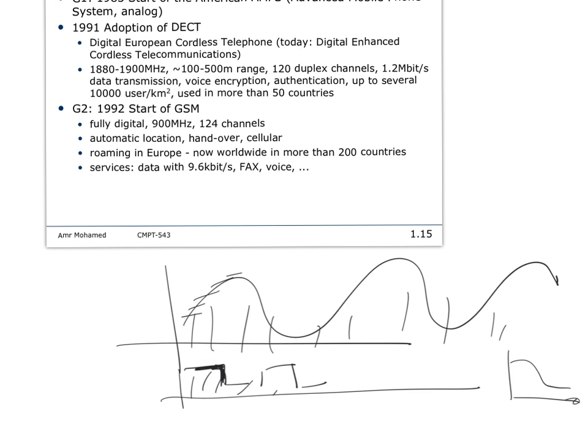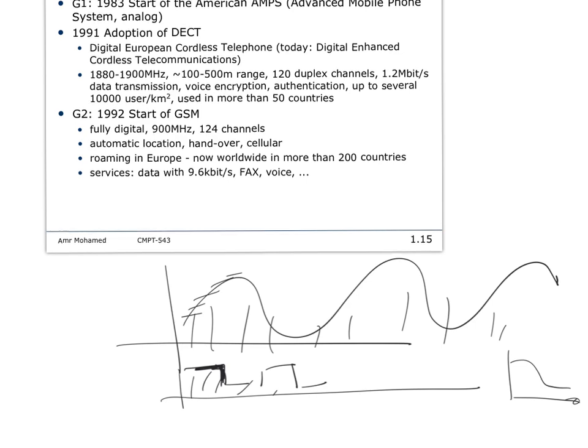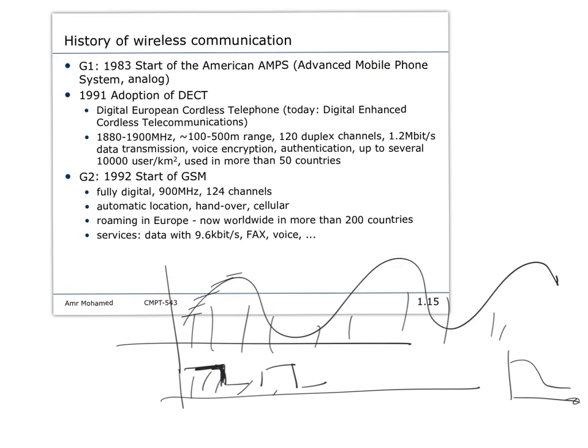But analog signals were the de facto standard at that time, and that's why in generation 1 they started with analog signals. So all the walkie-talkies and all these devices in the past were actually using analog signals. That's it, right? So we understand the difference between analog and digital signals, and what's challenging about digital signals.